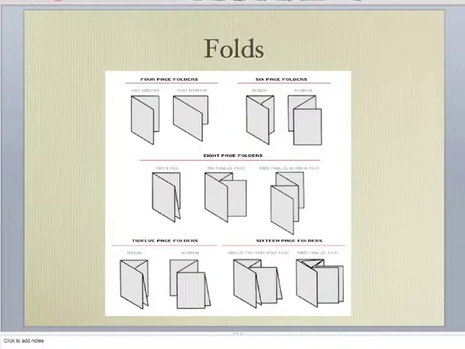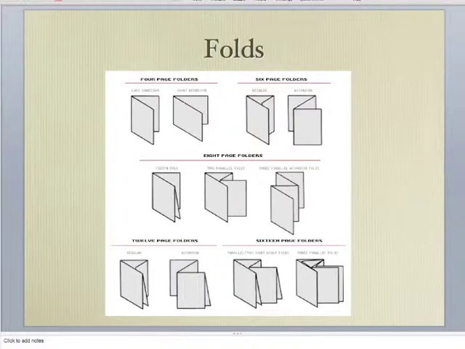The folds, there are many different ways that printing presses and printers can create folds, and you can see the different ways here. You'll notice that some of the folds are fairly intricate, but they're folded by machine and they're very exact, and then they're trimmed. The folded edges are trimmed so that you only have the one fold, so all of the pages end up